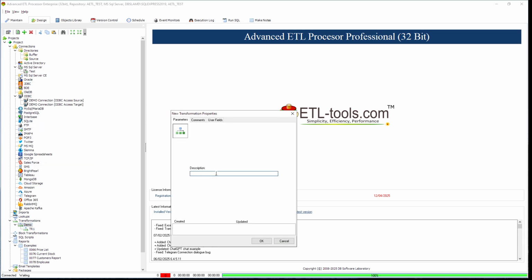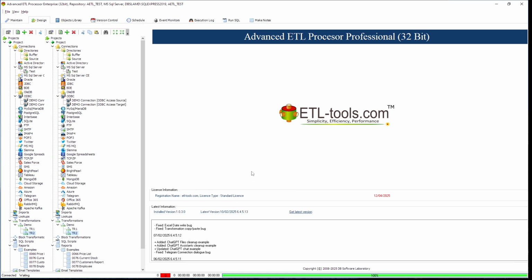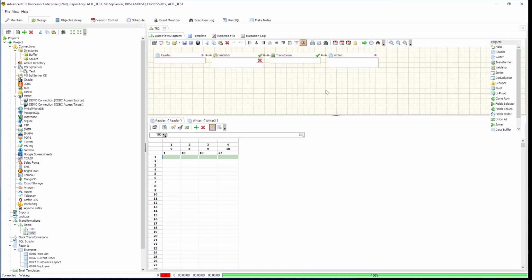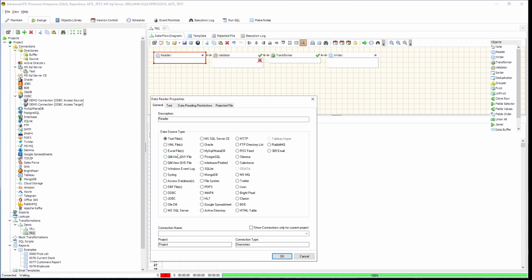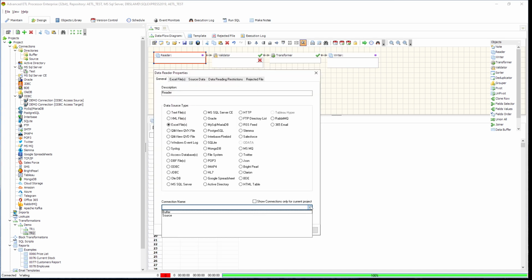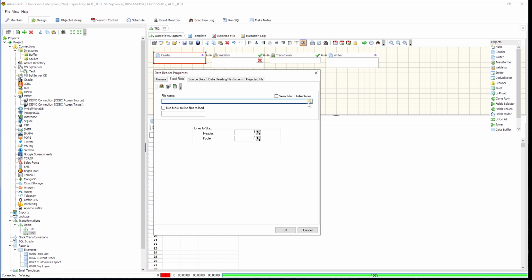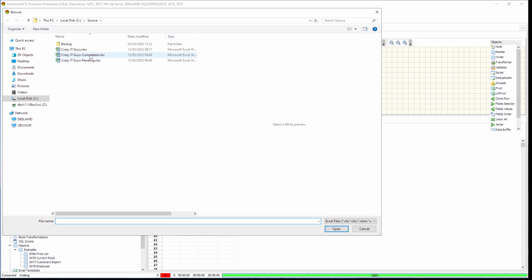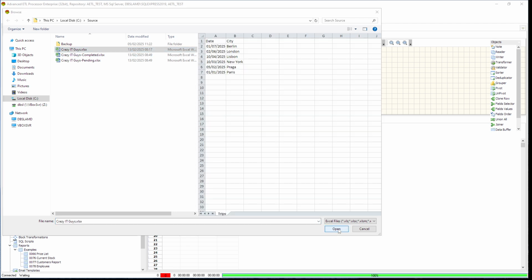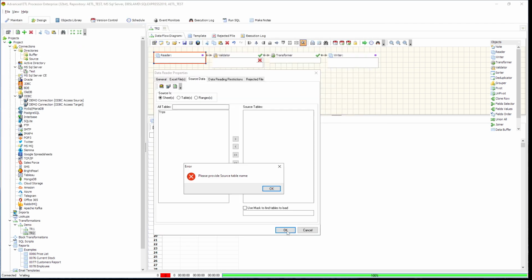Let's start by creating a new transformation. Let's call it TR2. Next step is to change the reader properties. So we are loading data from an Excel file, and our connection is source. The Excel file is called Crazy IT Guys. We need to select